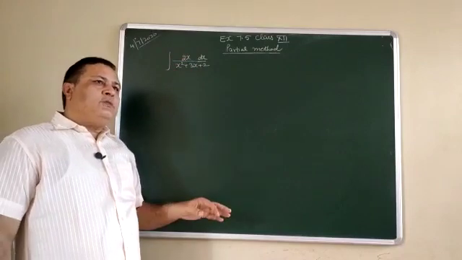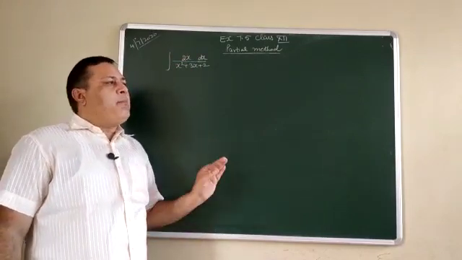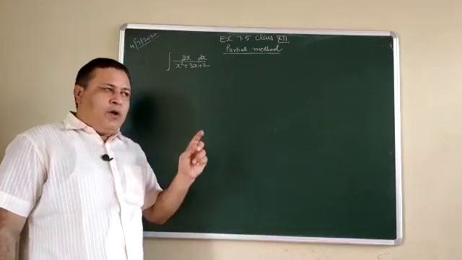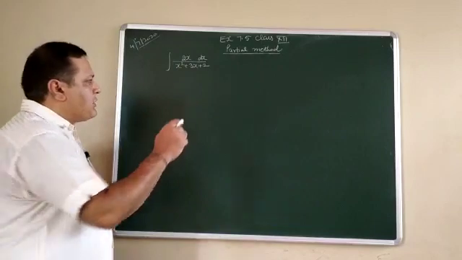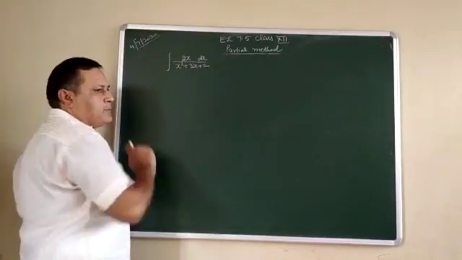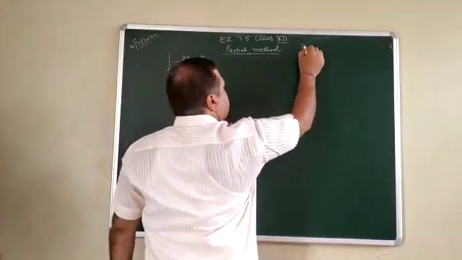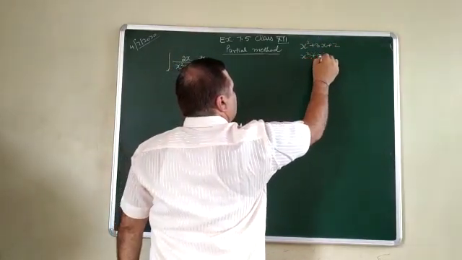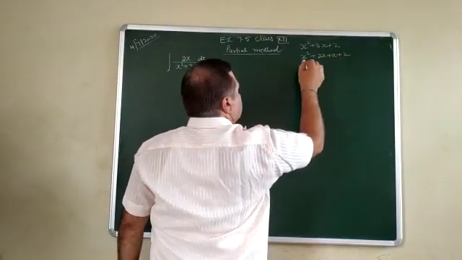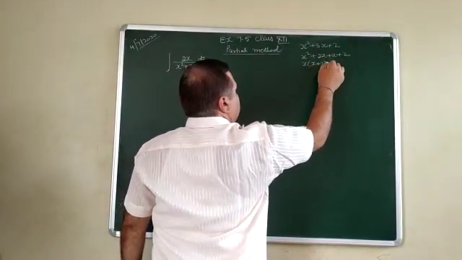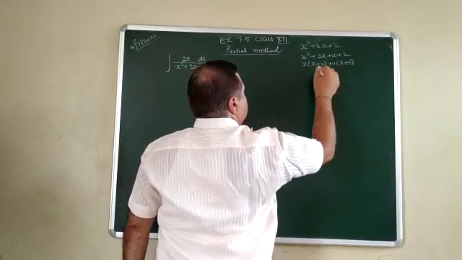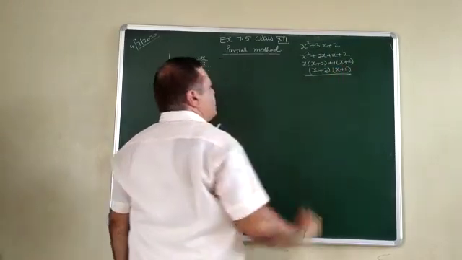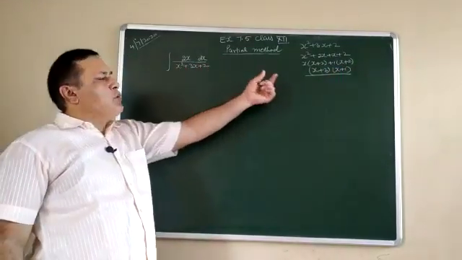So is it possible that in every question where we apply the AB method we can apply the partial method? Now see, what is the important thing about the question? If you see x square plus 3x plus 2 and we go for factorization by splitting its middle term, x square plus 2x plus x plus 2, x common, x plus 2, plus 1 common, x plus 2, we get x plus 2 and x plus 1. So this term can be factorized into two linear factors.